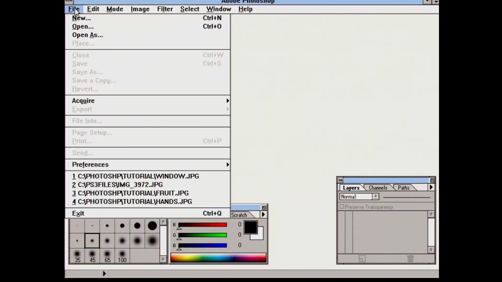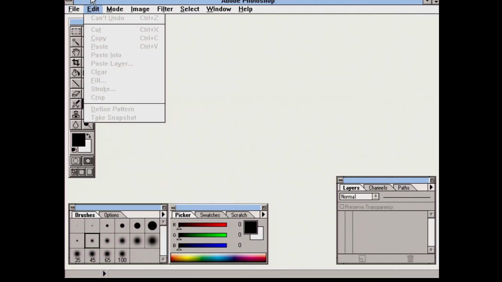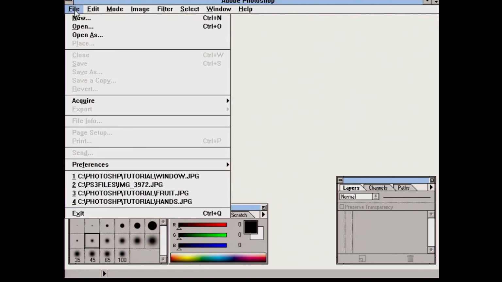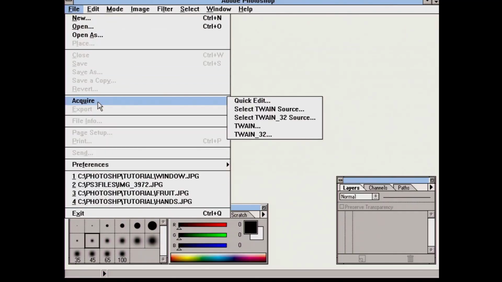Early on, Photoshop users were a lot more focused on print media. So there's a lot of stuff about CMYK, color separation, stuff like that if you're doing print work. I think these days a lot more people are focused on web type stuff. Acquire, I remember back in the day having to use this for any type of scanning, coming into Photoshop and